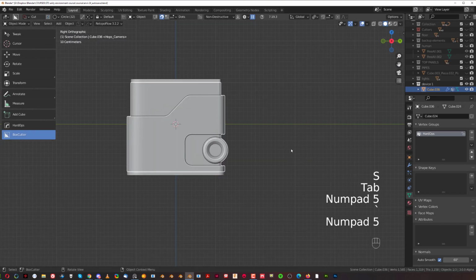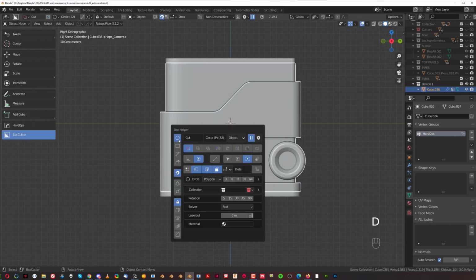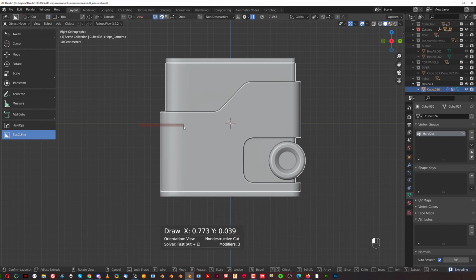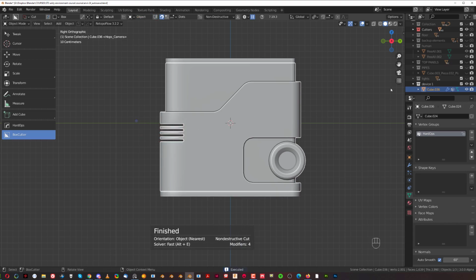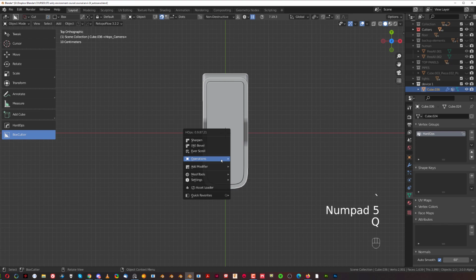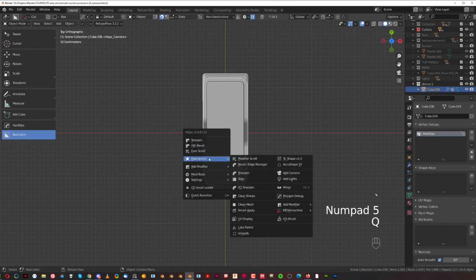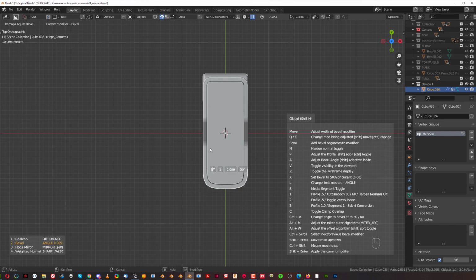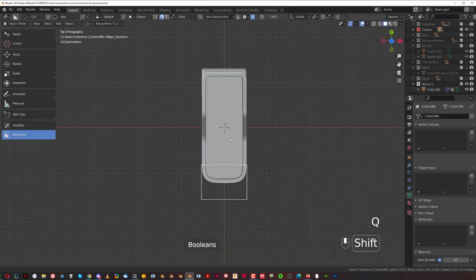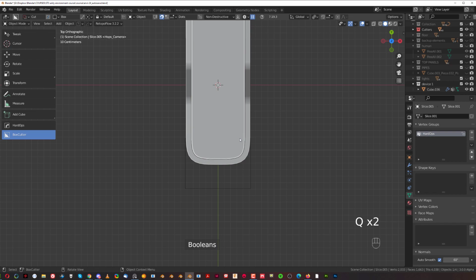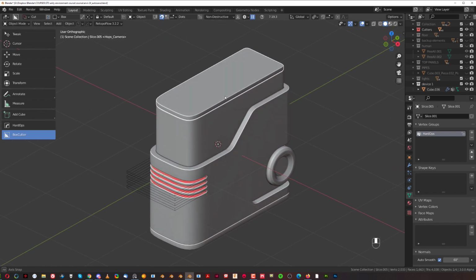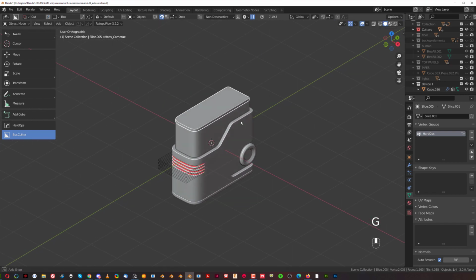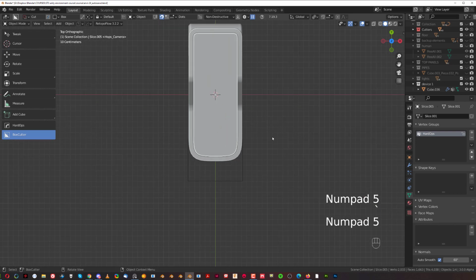All right, that's cool. Here on the top, we're gonna create some grill effect. So V, X, and just simply cut it a few times like that. There you go. And then let's recover this cutter here. So operations, never scroll, and we're gonna grab maybe this, and we're going to Shift D that